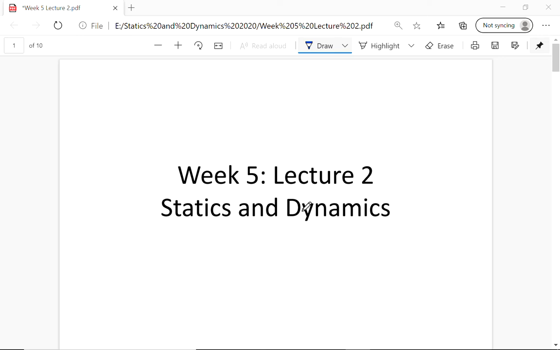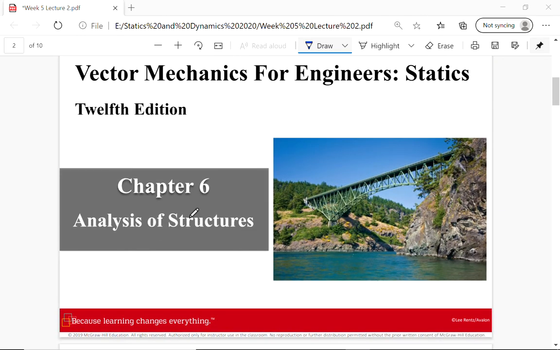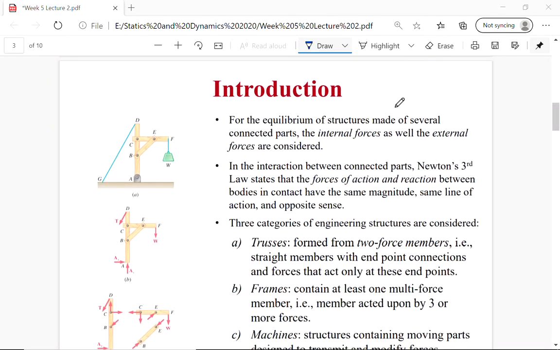Okay, in this video lecture, we are going to be talking about Chapter 6, Analyzing Structures. So we need to define some things about structures first. We're assuming most structures are at equilibrium. And so for the equilibrium structures that are made of several connected parts, you have to think about the internal